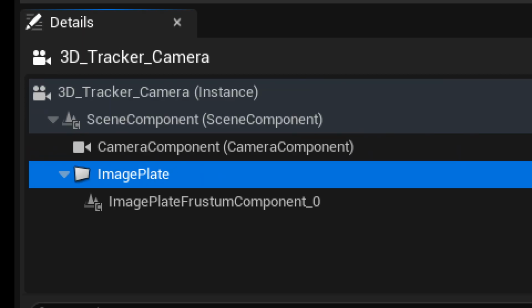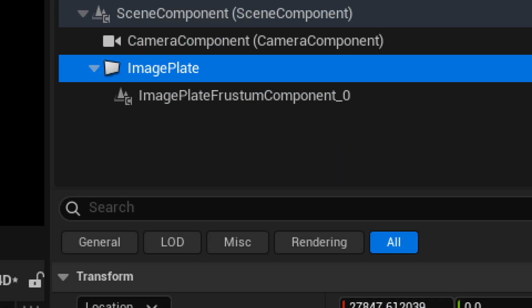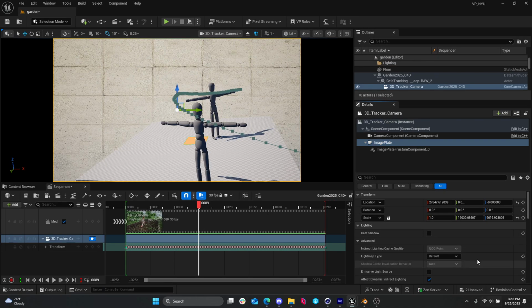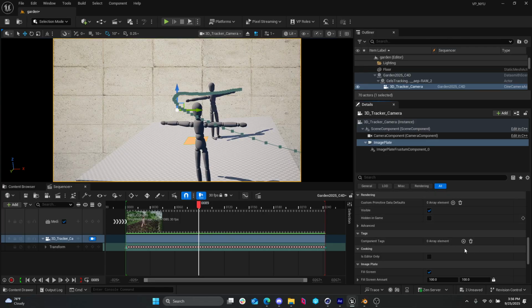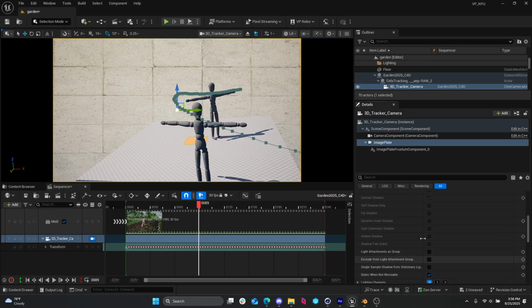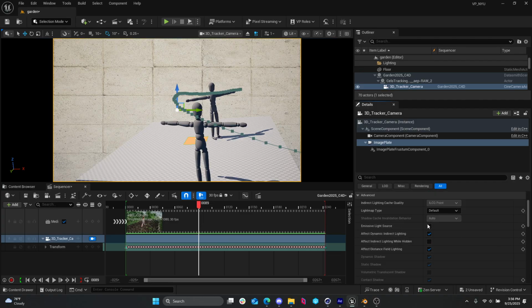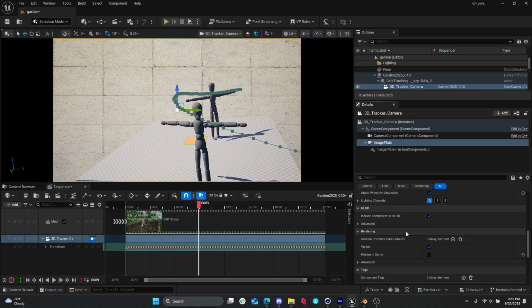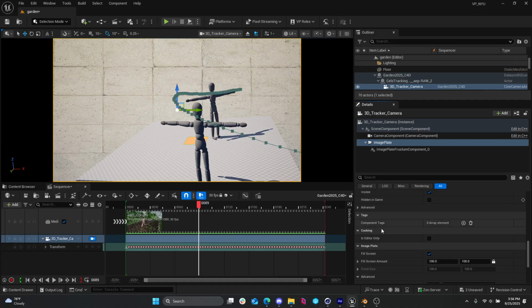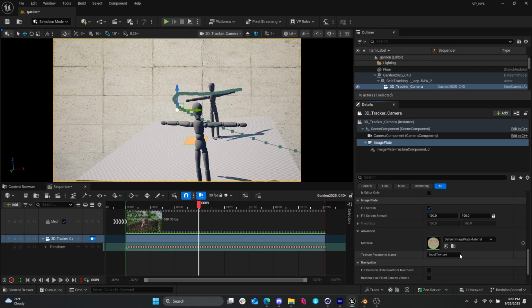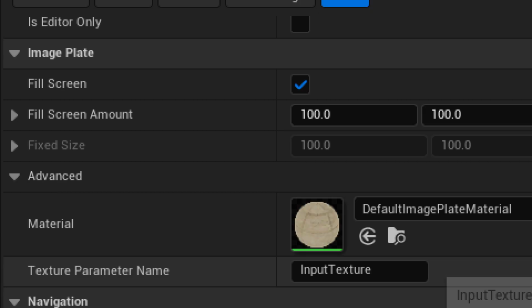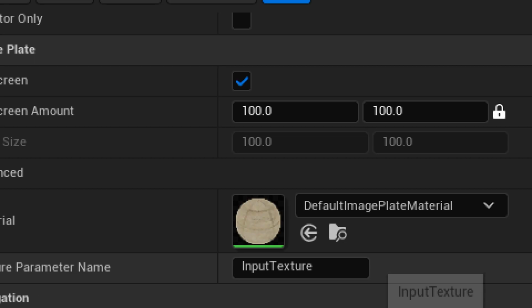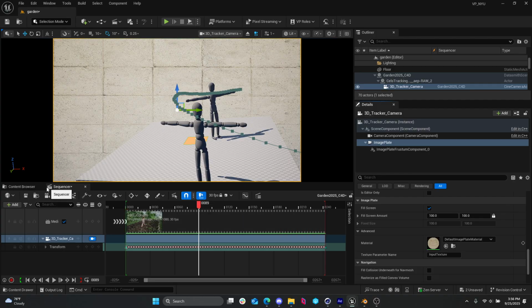If I click on the image plate in 3D tracker camera, scroll down. This used to be right up top. Now it's a little hidden, which is annoying. Oh, there we go. The image plate section. I need to add the material that has my video texture to this. But I don't think we created a material yet. So let's go back